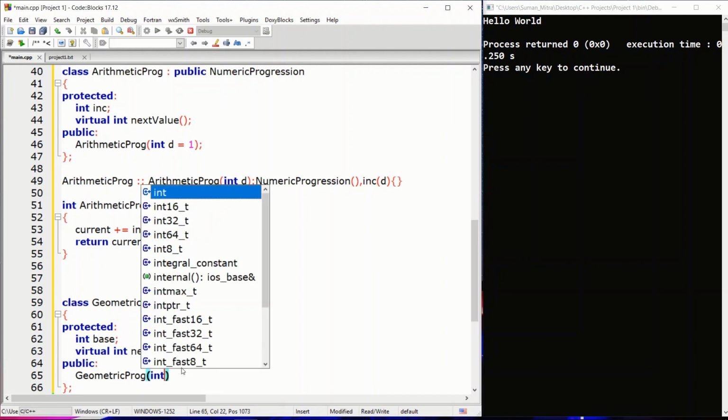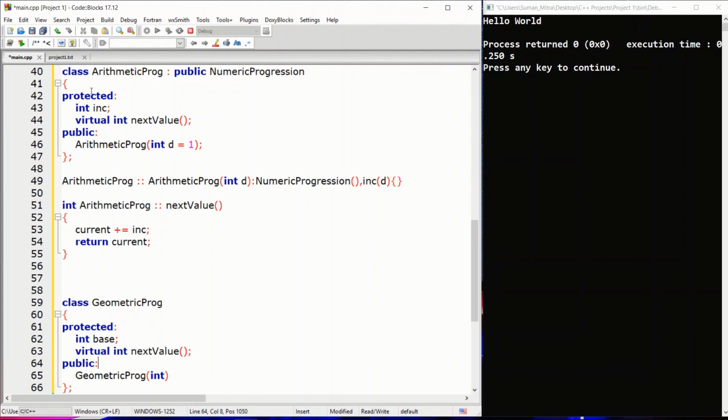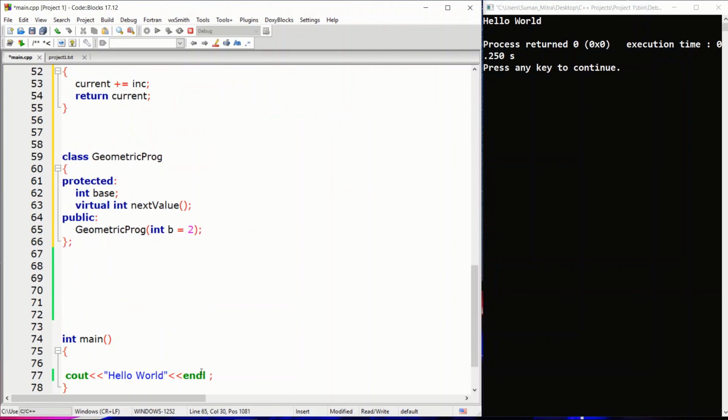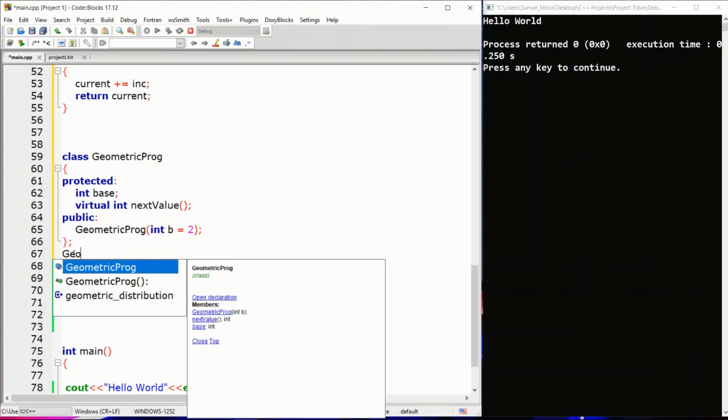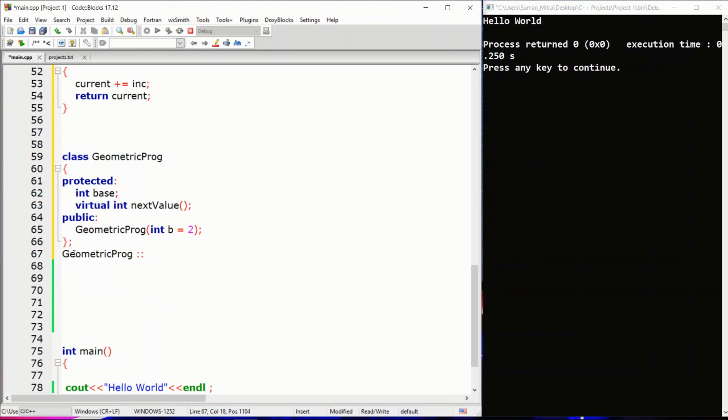And we'll put a base here because we want that by default it should have a value and it should accept some base also. So we'll just write here int b for base, and by default we'll pass it 2 so that it can give 1 into 2, 2 into 2, a good value. So that's it. Now we'll define all these functions. First let's come to the constructor part and just write here geometric prog, and this will take geometric progression, and it will pass here int b, whatever the value of b will be there, and just as earlier said, just use